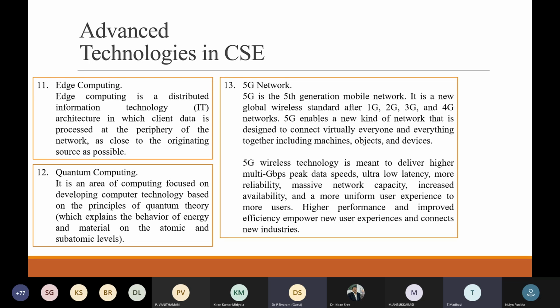It is a new global wireless standard after 1G to 4G networks. 5G enables a new kind of network that is designed to connect virtually everyone and everything together, including machines, objects, and devices. 5G wireless technology is meant to deliver higher multi-Gbps peak data speeds, ultra-low latency, more reliability, massive network capacity, increased availability, and